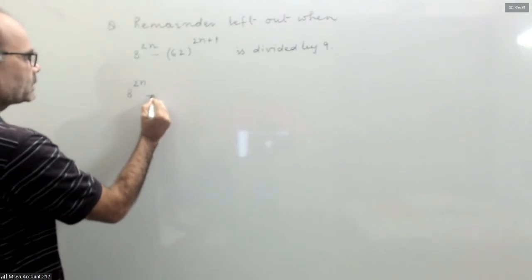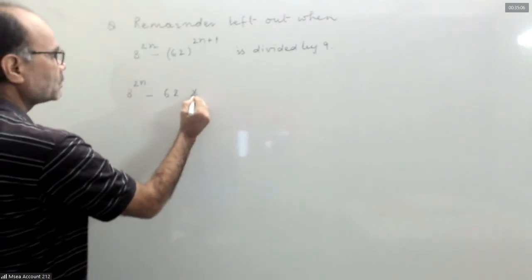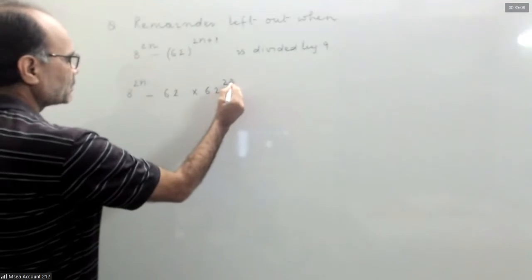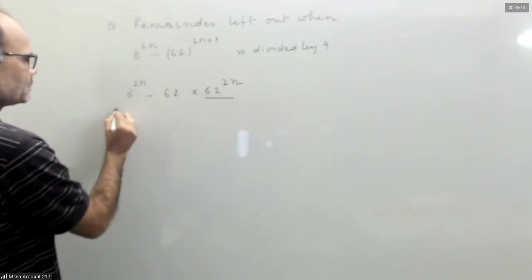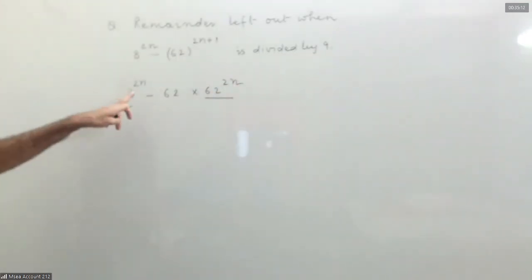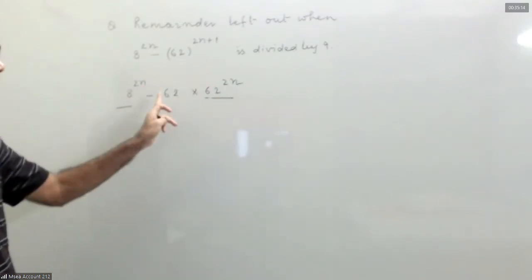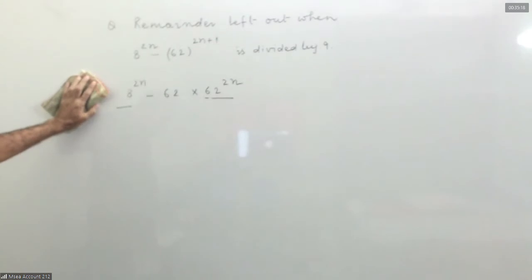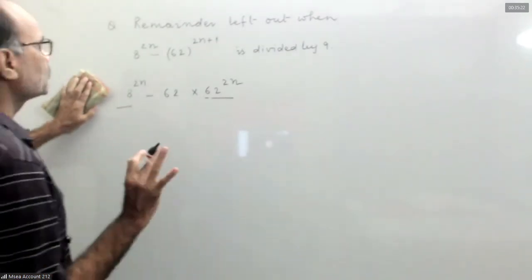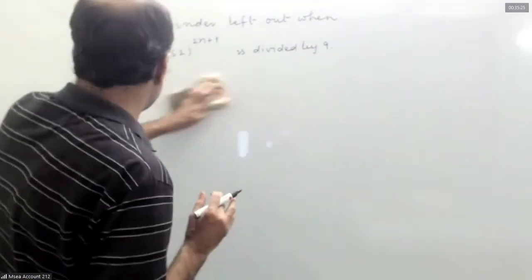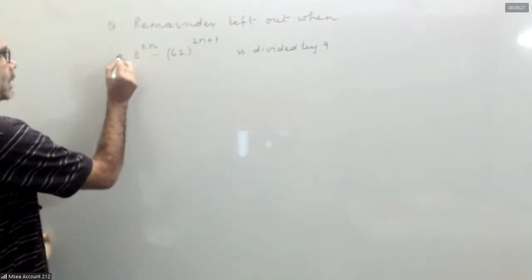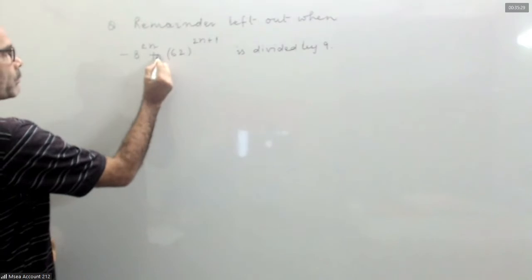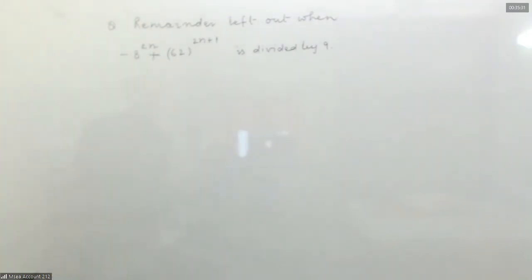Let us first analyze 62 to the power 2n. Obviously, 8 to the power 2n minus 60 to the power 2n. This number is negative, definitely. But in the mains, they have written like that. So what should they write? I'm changing it. Yes, of course, the answer is 2, correct.